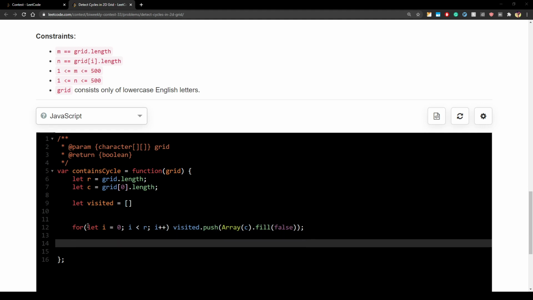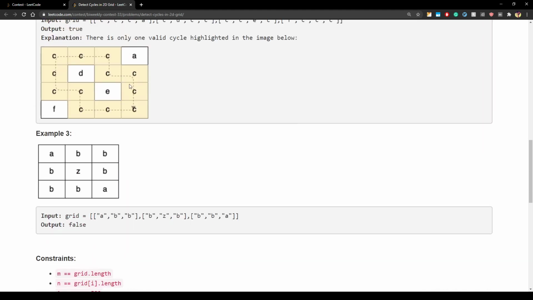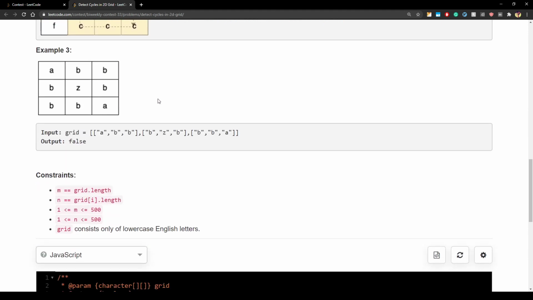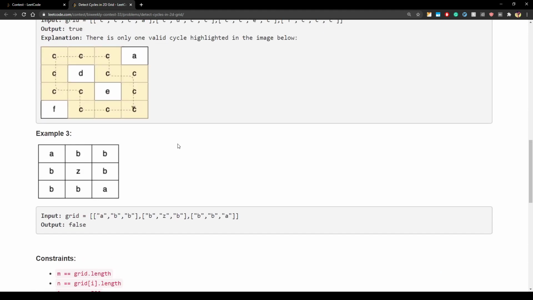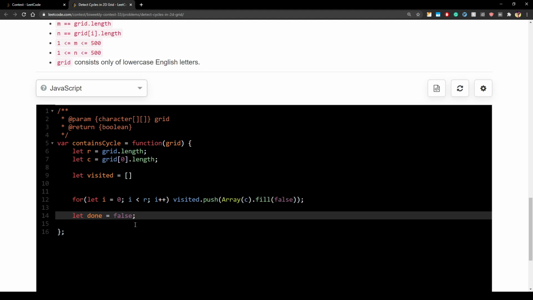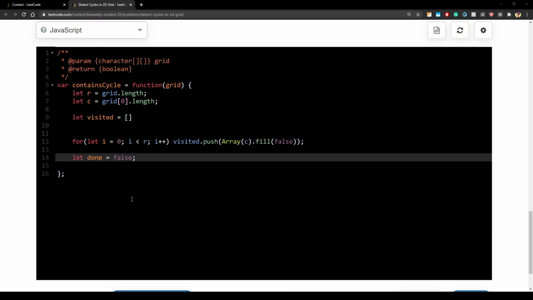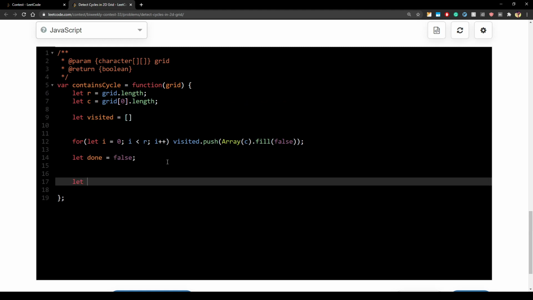So this is the initial thing, and we will just make a variable done to exit from the DFS earlier. For example, as soon as I find a cycle, right, I don't want to continue my DFS, so that I don't get stuck first in an infinite loop. Second is, if I have already found a cycle at C, I don't want to continue to A. Right, so this done variable will tell me that I have already found a cycle, right? So that is one thing. So now I have to start DFS from every node.